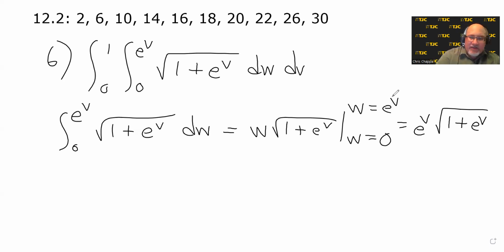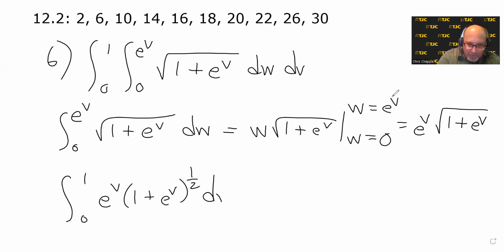And that's a nice thing to have outside that square root, because the second integral from 0 to 1 of e to the v, and now I'm going to rewrite the square root as a 1/2 power, 1 plus e to the v to the 1/2 dv. This one, we really want that e to the v on the outside because now we are doing a u sub, and they just recently reformatted